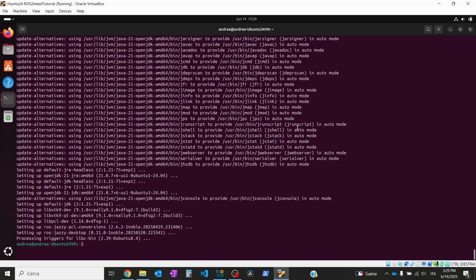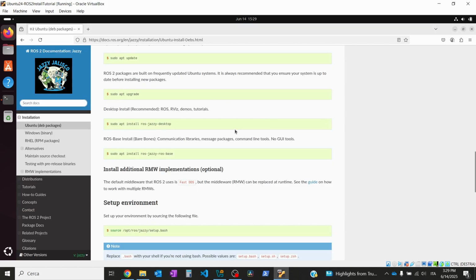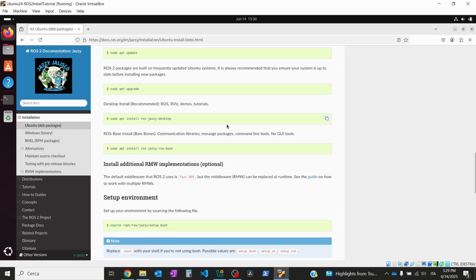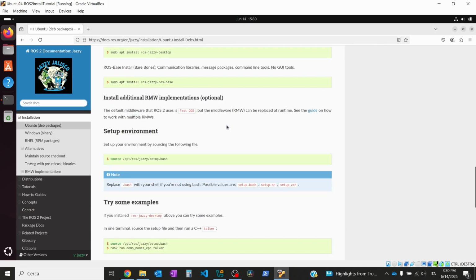Okay, the installation procedure has finally finished and we are ready to verify that ROS2 is correctly installed on our machine. To do so, we need first of all to source the ROS environment. This is required to use any ROS related command in our terminals. To source the ROS environment, simply write in a terminal